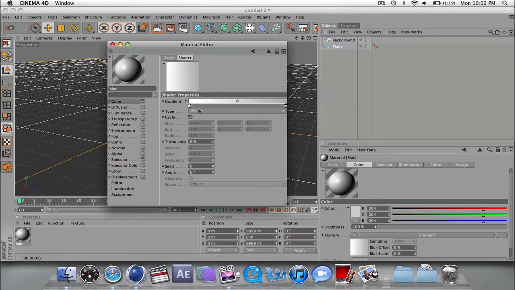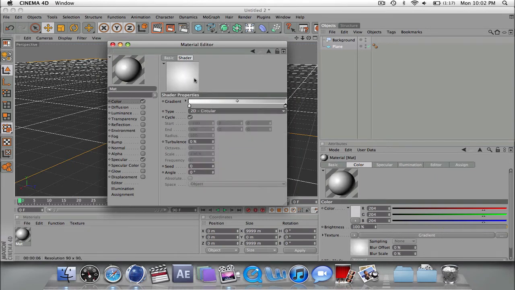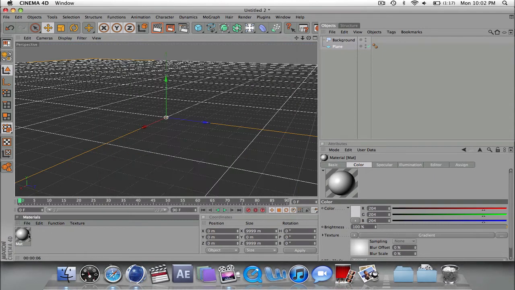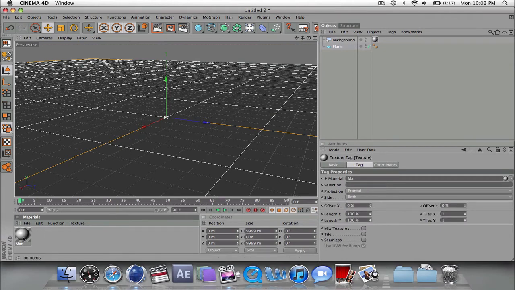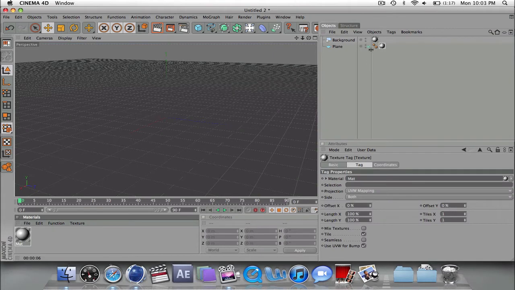Then you want to change the type to circular. So you get that nice gradient effect. Then drag that onto your background and onto your plane. Okay, so it's there. Now when you render it out,